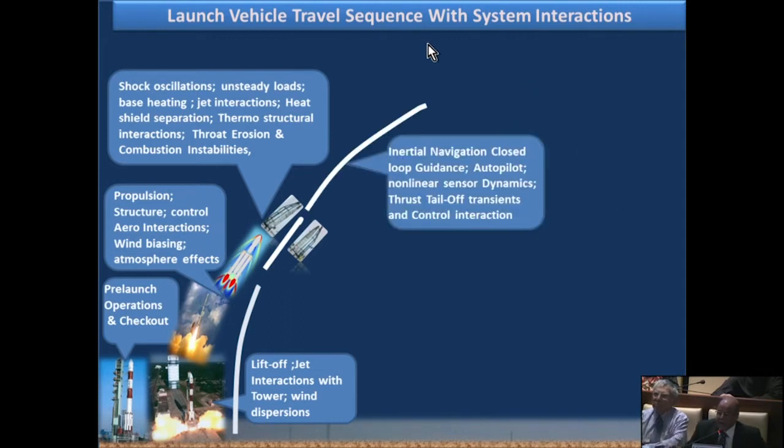And then we get into the questions of control, guidance, and navigation. As I mentioned, it's a near cybernetic system. This is the real brain of the vehicle. The guidance system controls the translational motion of the vehicle, whereas the digital autopilot controls the rotational motion of the launch vehicle. The navigation